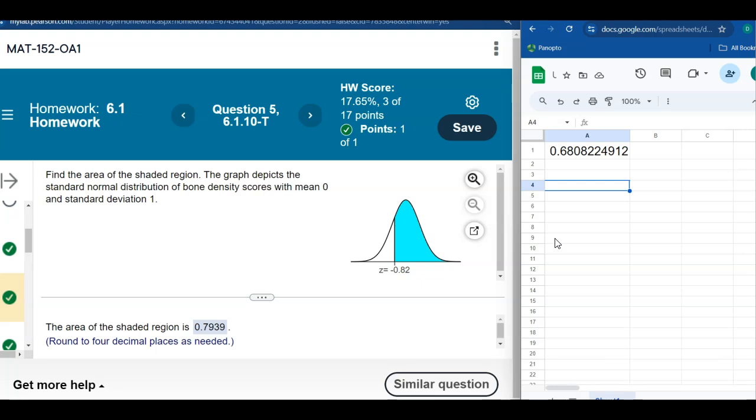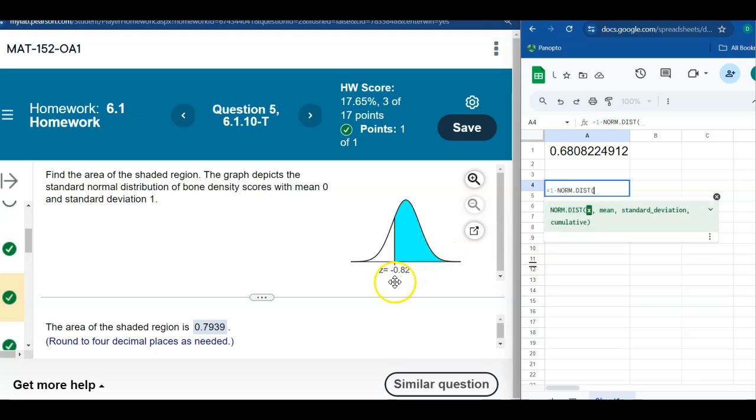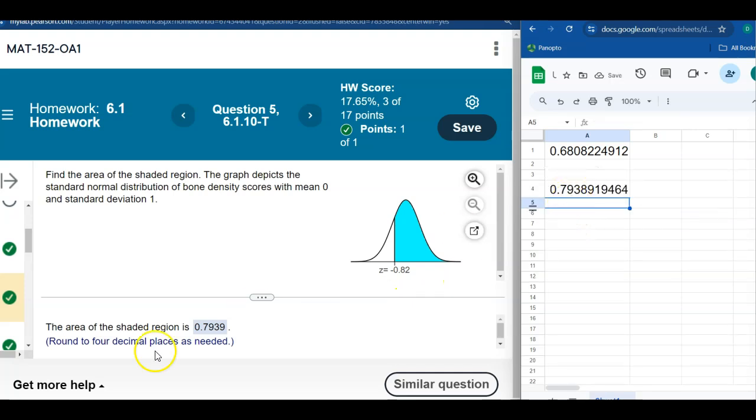So down here, I'm going to write 1 minus norm.dist. Right, x, there's my number, negative 0.82, comma, the mean is 0, standard deviation is 1, and again, I always pick cumulative. Right, so there is my area to the right of a number. All right, now if I want to make myself a little note, 1 minus